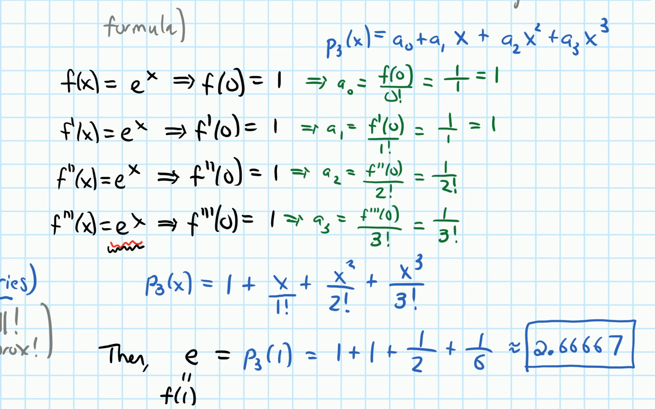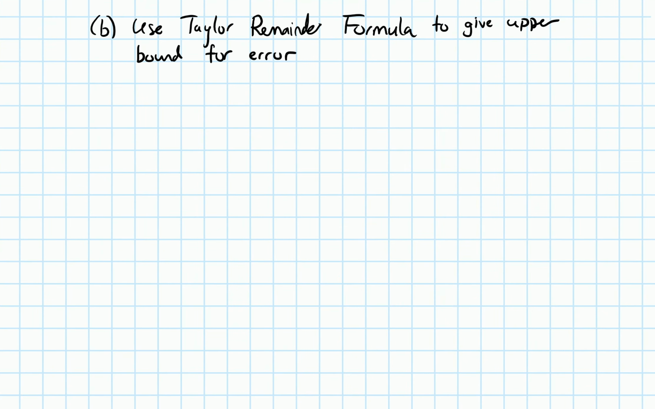Next, let's use the remainder formula to get an upper bound for the error. That's going to be part B precisely: use the Taylor remainder formula to give an upper bound for the error. So let's remember what the Taylor remainder formula says. It says that the absolute value of the error is going to be less than or equal to the absolute value of M times